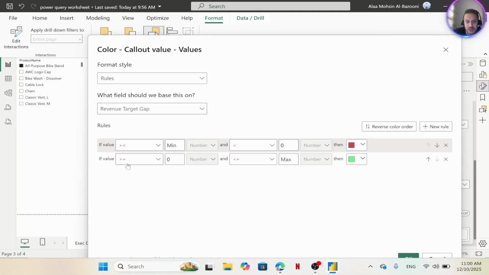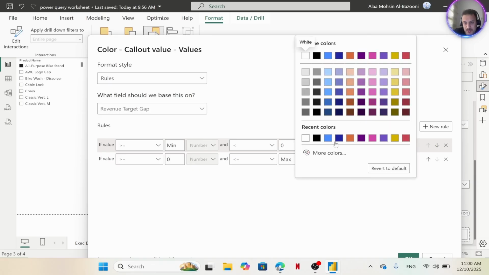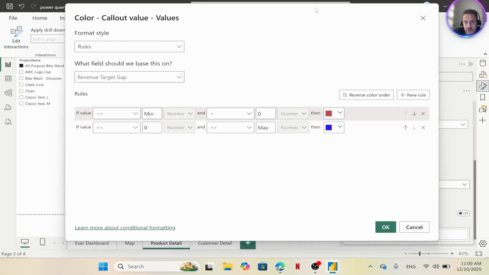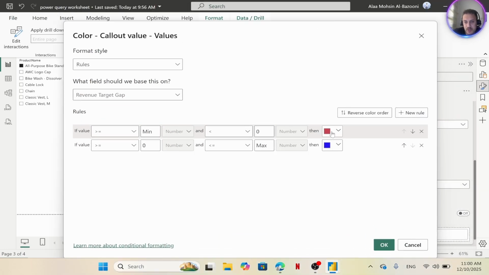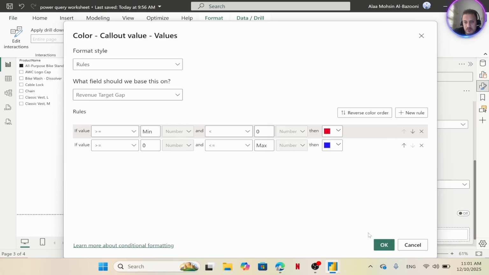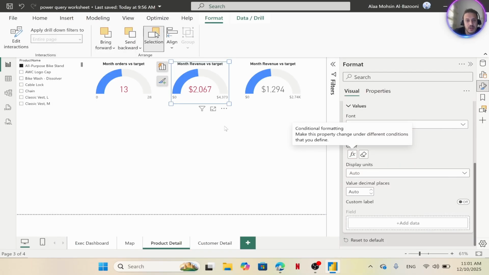And if the value is equal to or bigger than 0 and equal to or less than the maximum, I'm going to keep this color. Click OK. And from here we have the total revenue 2000, and you have 4000 for the target,